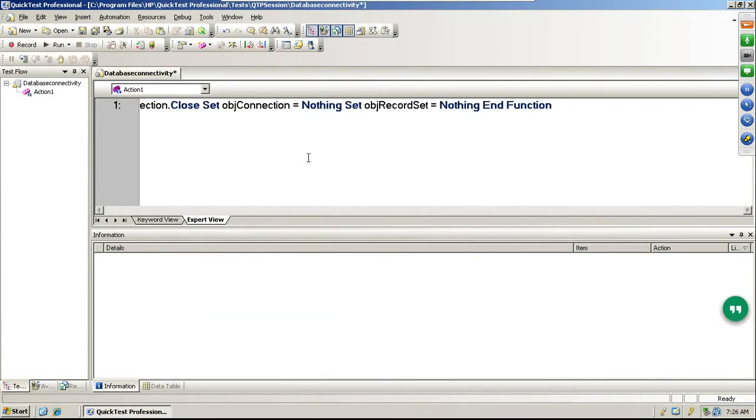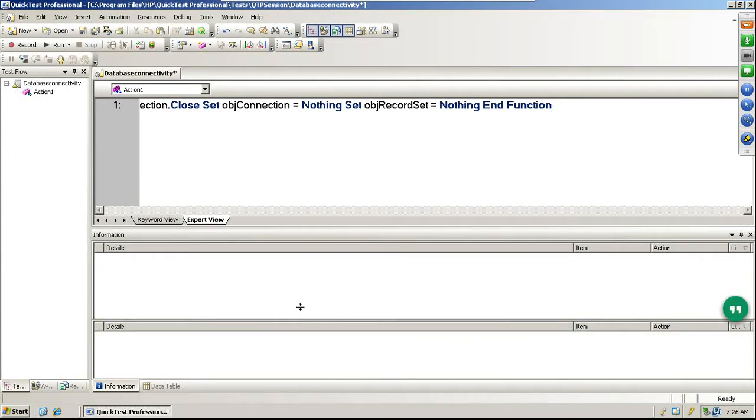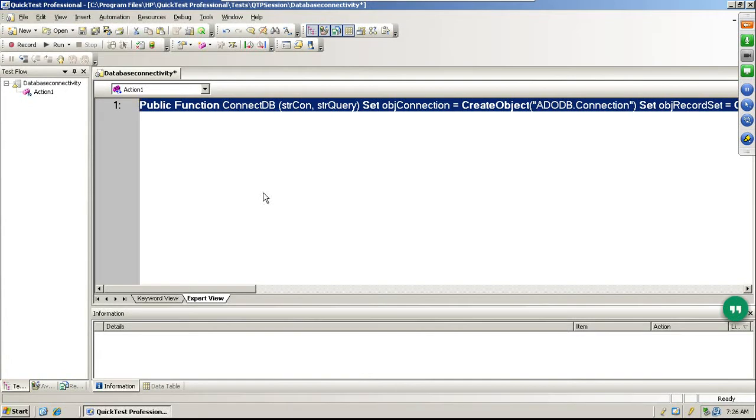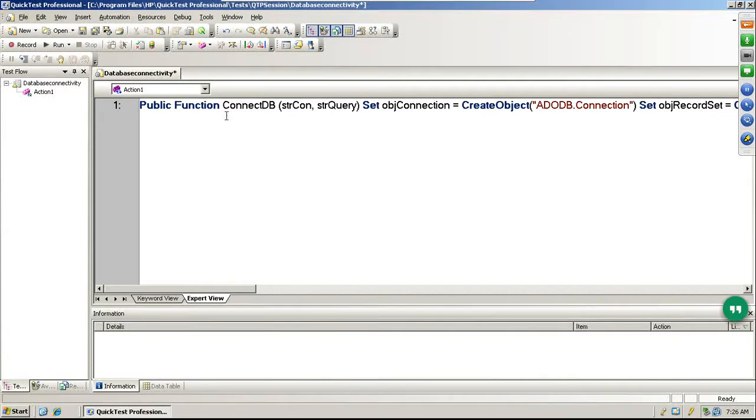So I'm simply pasting the whole program, and since it's pasted in one line, here what I'm trying to do is create a function.